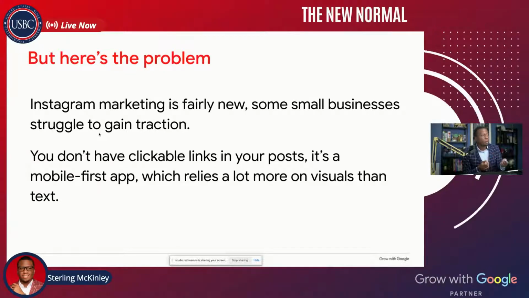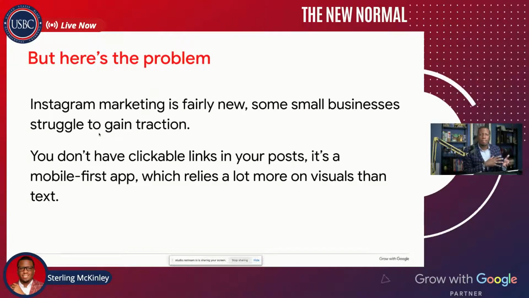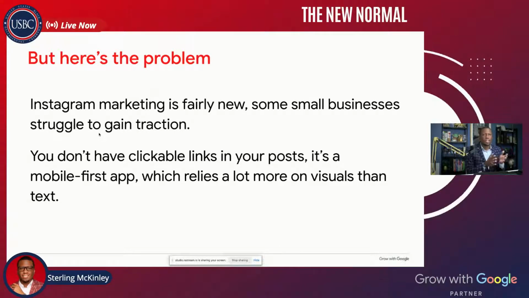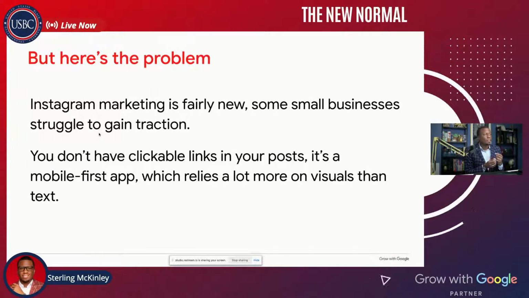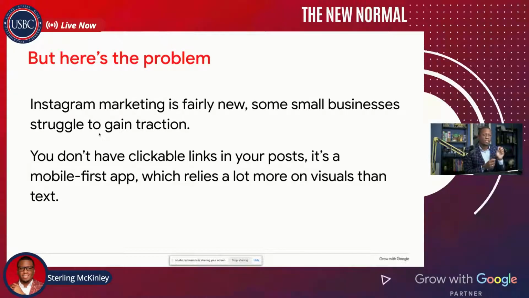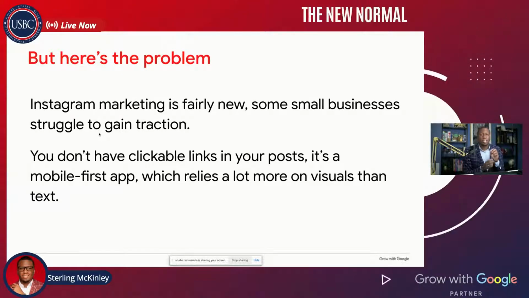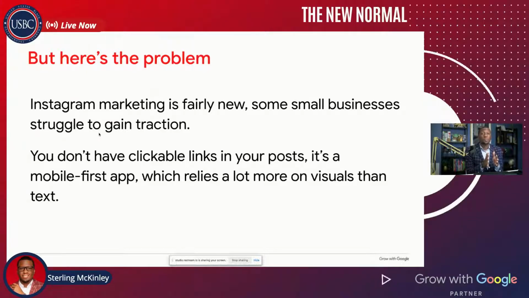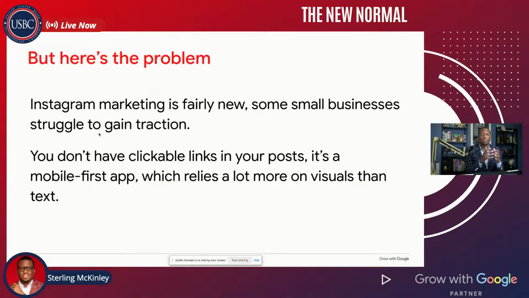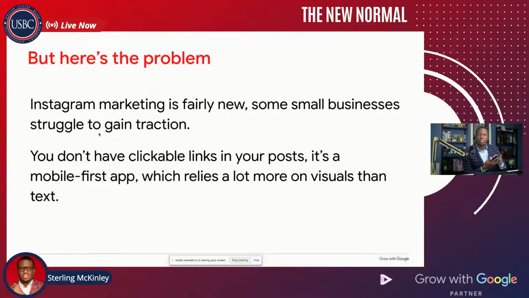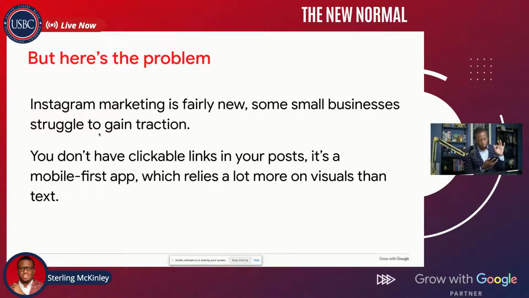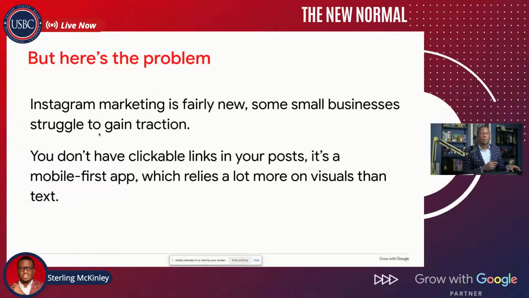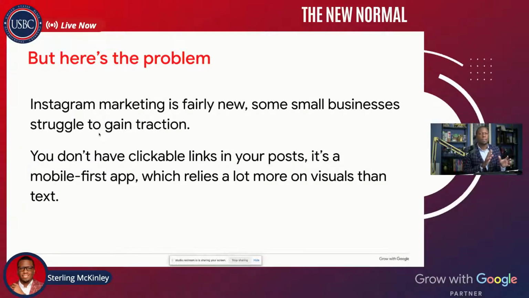You can't have links in your posts. You can have Facebook on your phone and on your desktop, but Instagram is different. Instagram is really only on your mobile phone. So there's some differences about Instagram, but I think the main thing that I want to say about Instagram is visual. It is visual. It's really big on pictures and videos to pull people in. And that's why we can spend hours just scrolling Instagram, because we're looking at pictures and videos, and we find something we like, we click it, and we read to learn more. So once again, we'll talk about tonight ways you can use Instagram. And once again, it's all about having strong visuals for a company.